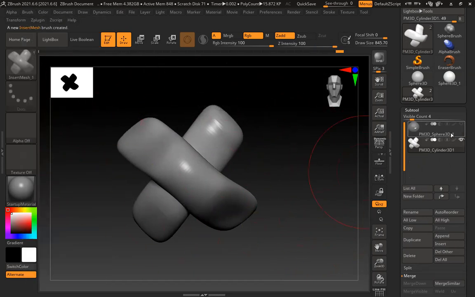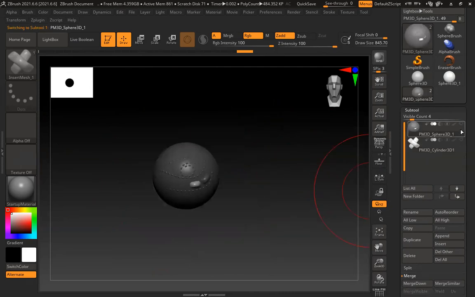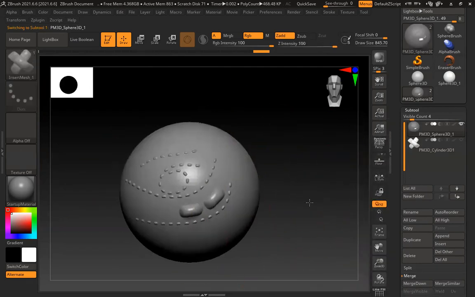So now this becomes a brush. I'll go to this section and I want to insert these things.